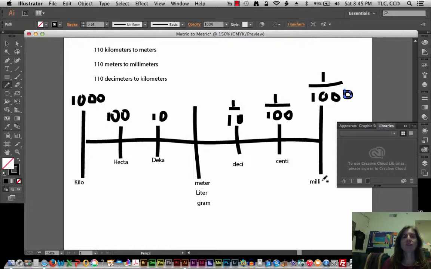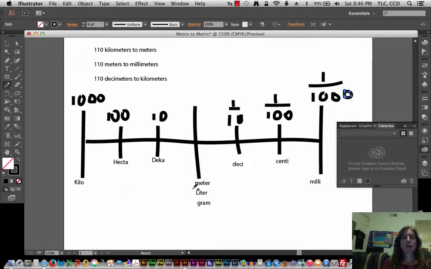And a prefix, remember, is the first part of a word, like millimeter, or milliliter, or milligram. Okay, and down here on the other end is 1000, and that's kilo. So kilometer or kiloliter or kilogram, meaning 1000 grams, 1000 liters,